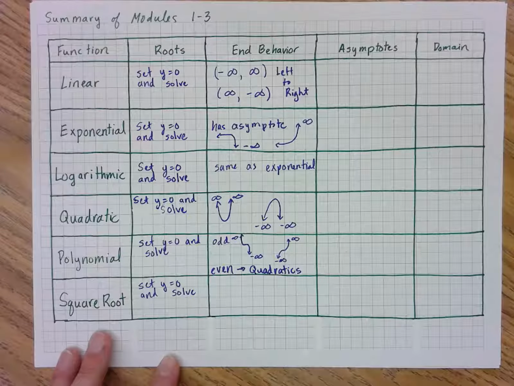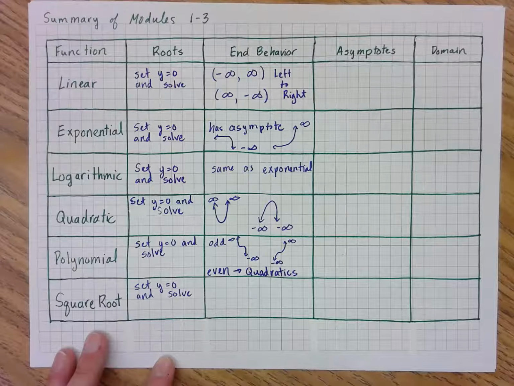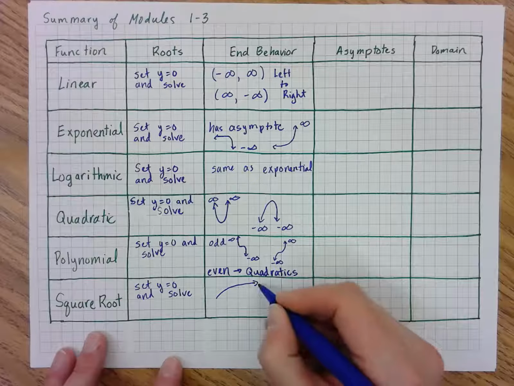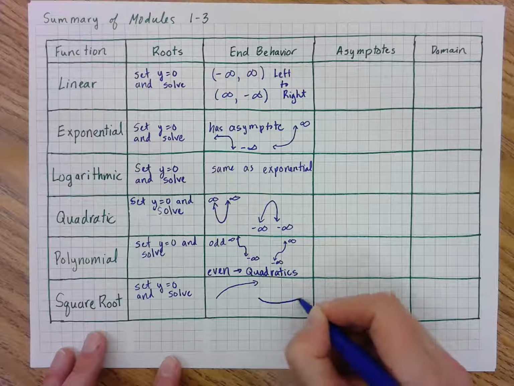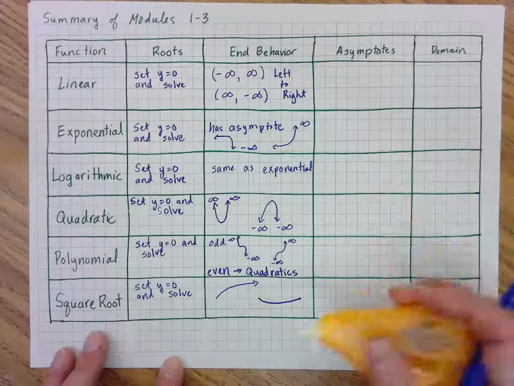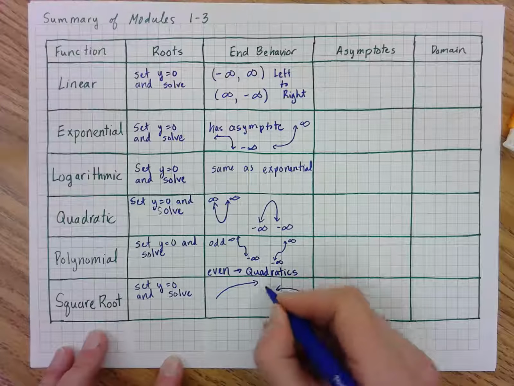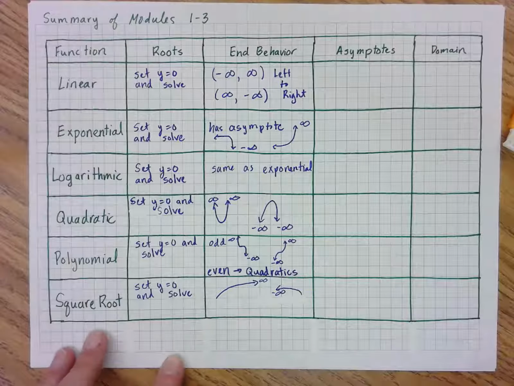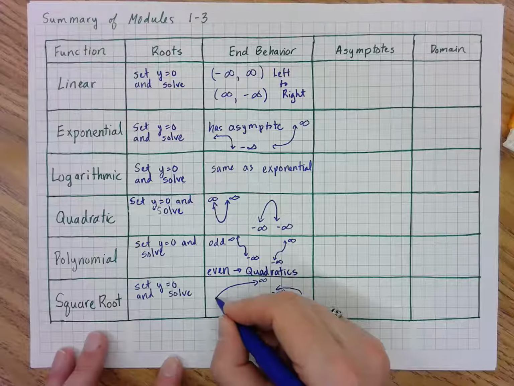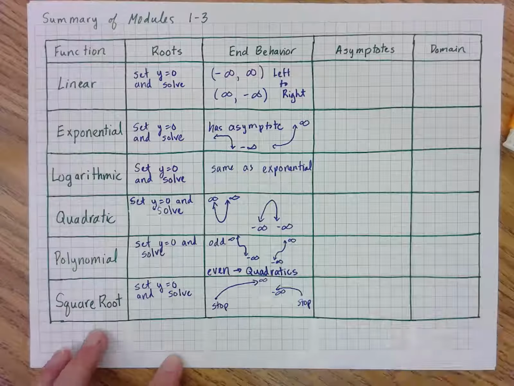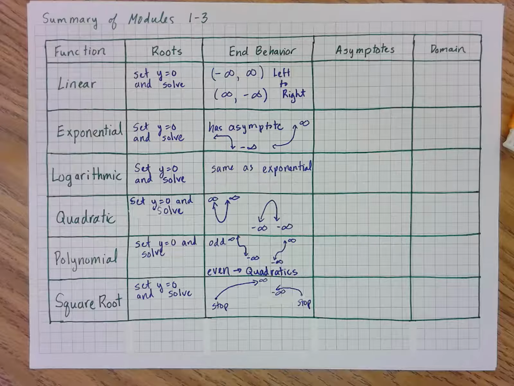In this case, the odd and the even refer to the highest power on the polynomial. And square roots kind of have this stopping point, and then either one side is going to positive infinity or negative infinity. But they do have a stop at one end. Asymptotes. So the functions we learned in Math 1,